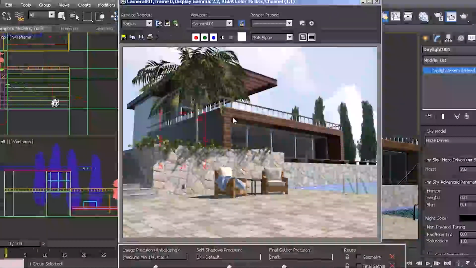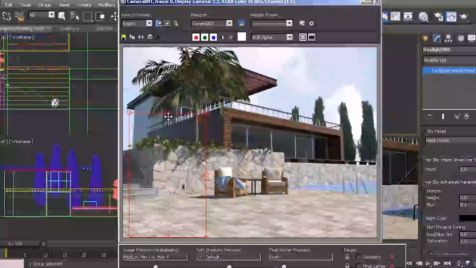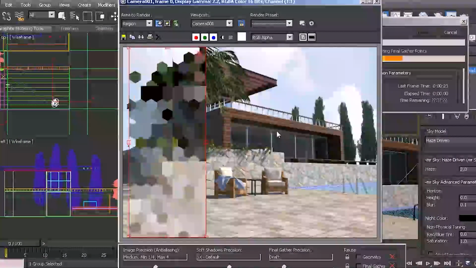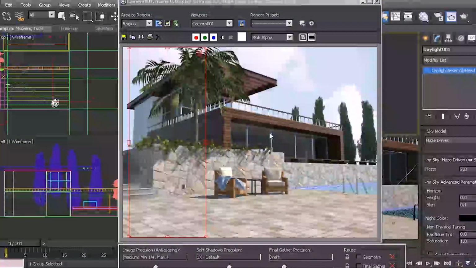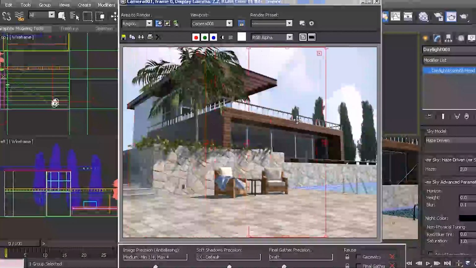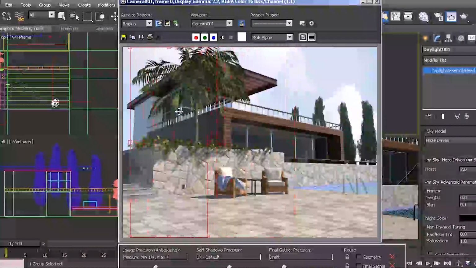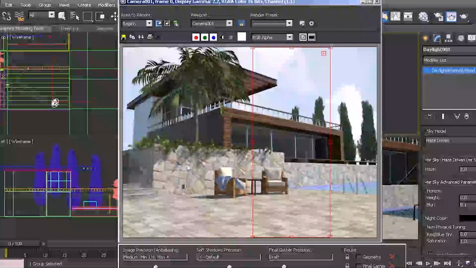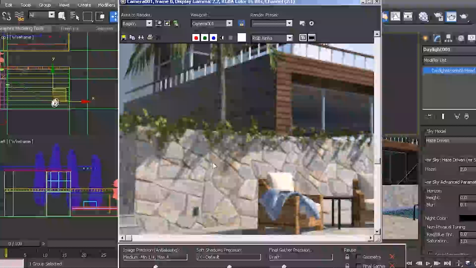And if we were to render out maybe just half of this image for comparison, we can see if we're on the right track. Okay, and once that finishes up, you can see that there is definitely a little bit of a difference here. It's a little bit difficult to spot, but if you take a look in areas like this step here, you